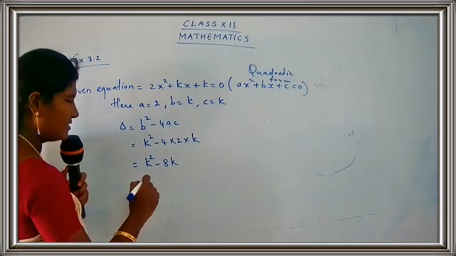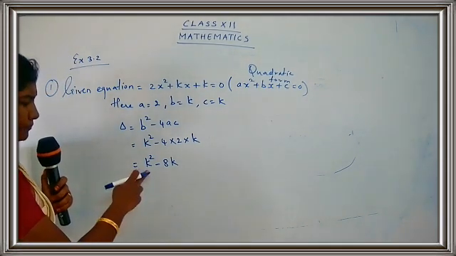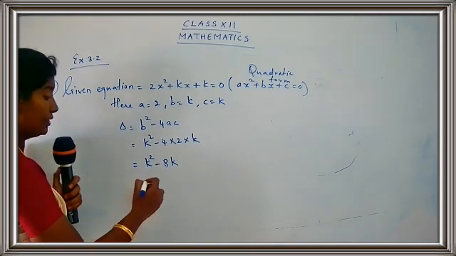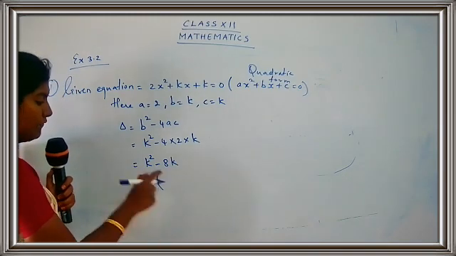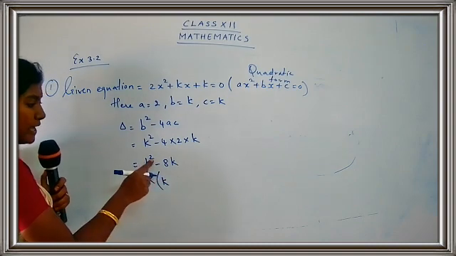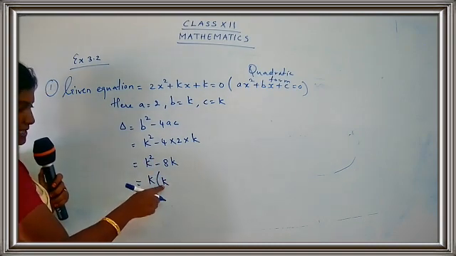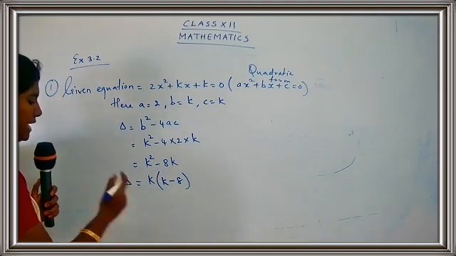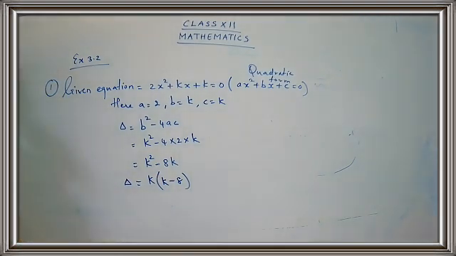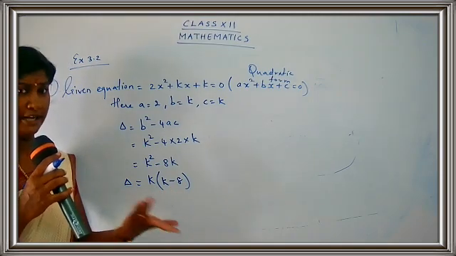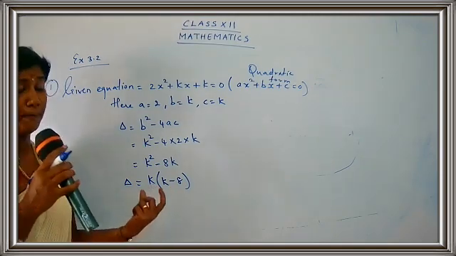So what can be done is just one more step, children. In both the terms you have k as a common term. So take k as common. If I take k as common, what is left here? From k square, one k is taken out and one k is left, minus 8. So delta is equal to k into k minus 8. This is the value you get for delta. But now, can you find out the nature with this value? Not at all possible, because this is an unknown value. I cannot find out the nature.